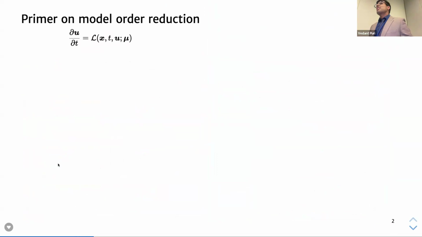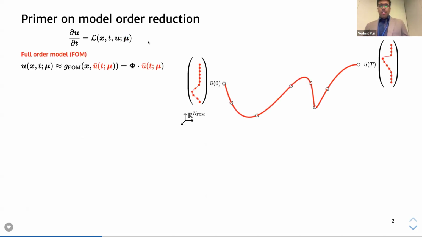Okay, so one slide primer on model order reduction. I promise I won't take too much time because my predecessors have done a very good job at covering the contents. The PDE is straightforward: partial u, partial t equals some right-hand side, which is critically parameterized by this parameter mu. The full order model applies a spatial discretization. So in the previous case, this is a trajectory where each point is a vector of size 500,000,